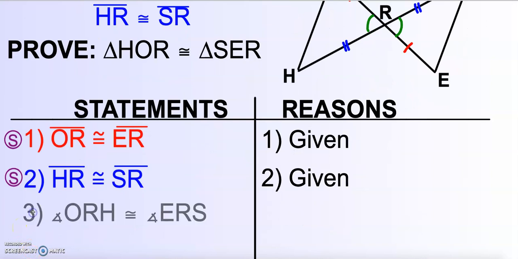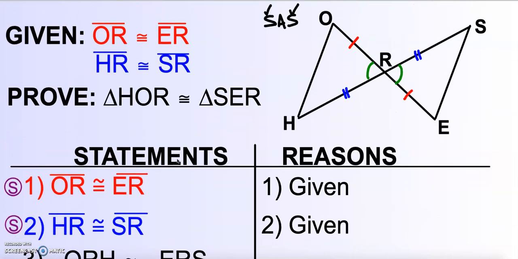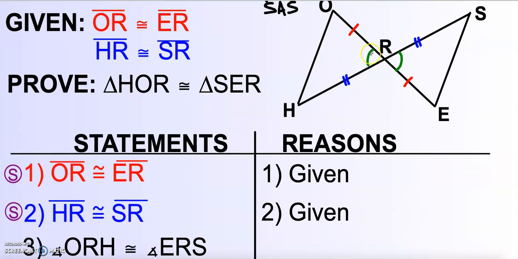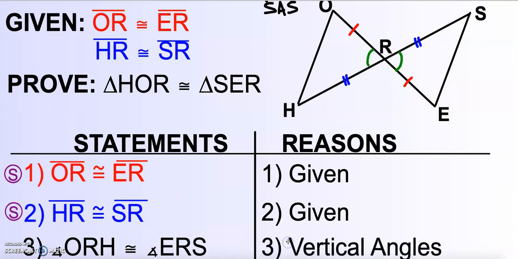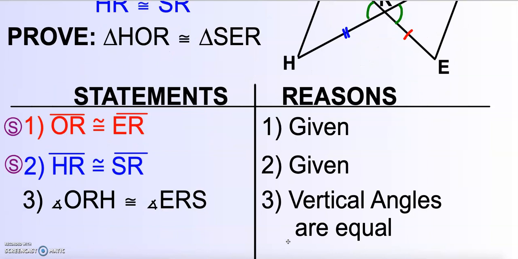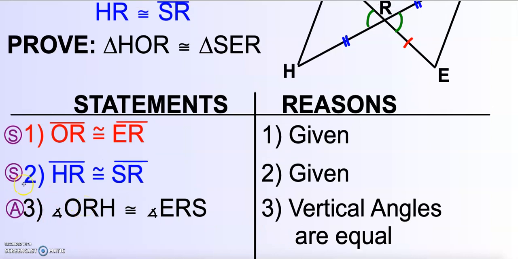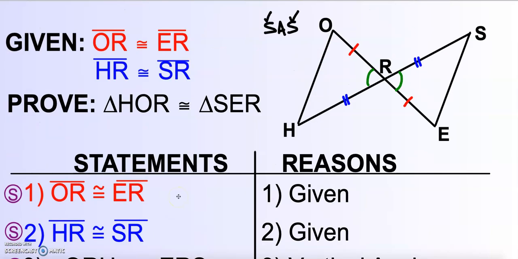Third step, this is where we're going to name our vertical angles. Angle ORH is congruent to angle ERS. I can say that because vertical angles are equal. That's one of our theorems. And that gives me an A. And I like to keep track of my sides and angles off to the side. And once I have all 3, that tells me that I'm ready to go back in and I'm ready to